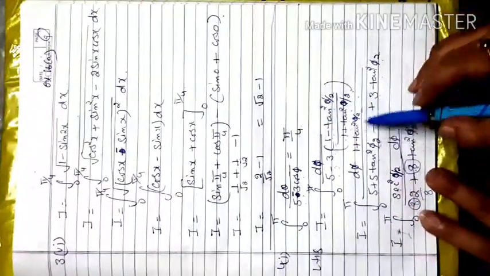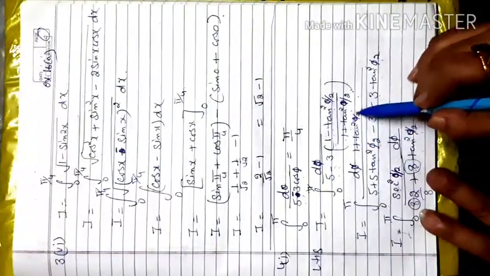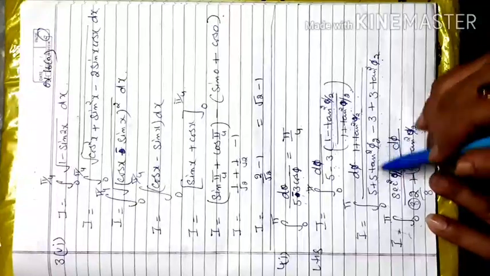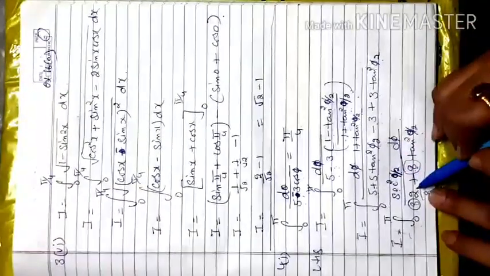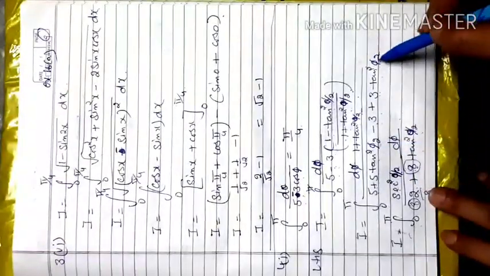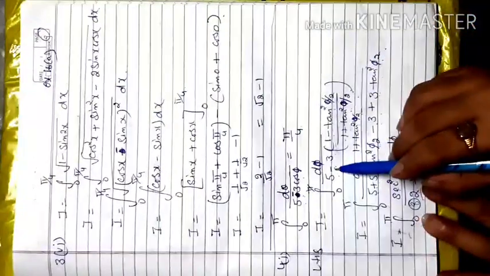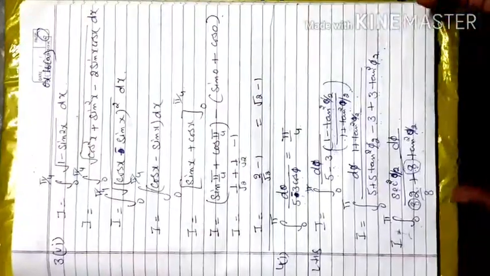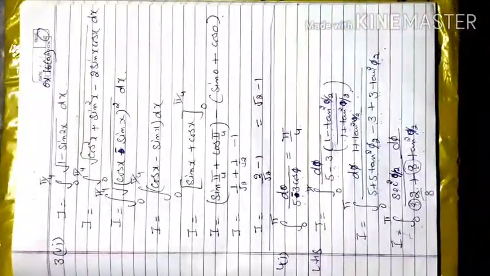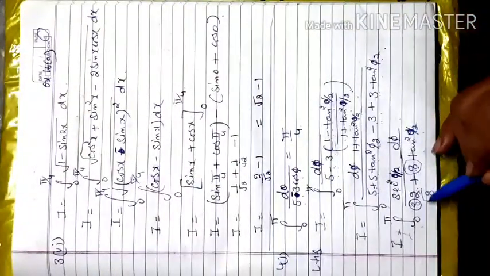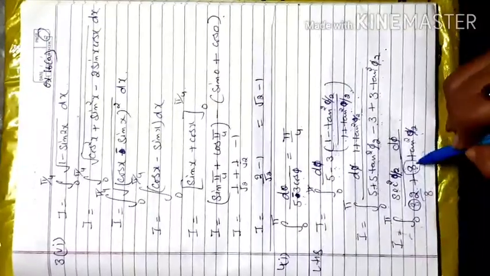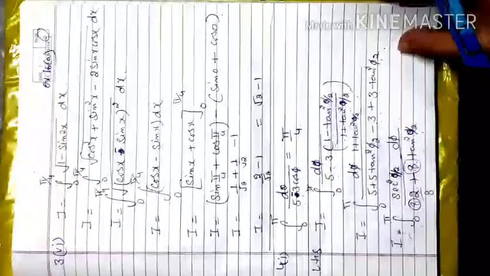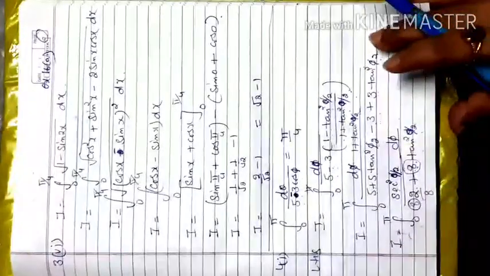Denominator moves upward. The LCM you will shift into the numerator. 1 plus tan square phi by 2 becomes secant square phi by 2, and 5 minus 3 becomes 2, and 5 plus 3 tan square phi by 2. But if I take the positive sign here, that becomes 8 plus 2 tan square phi by 2. Again it will be the same form, only the values will be changed. Instead of 2 here, 8 will come, and instead of 8, 2 will come, if there is a positive sign. I solved with the negative sign, so it doesn't matter.